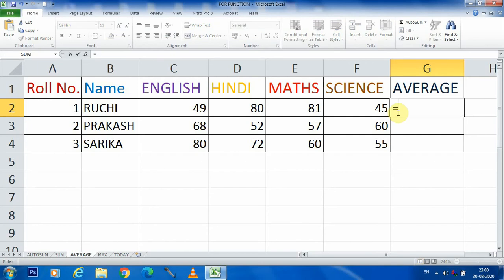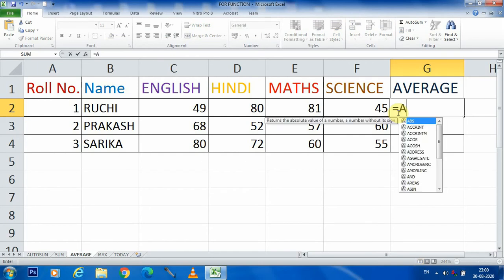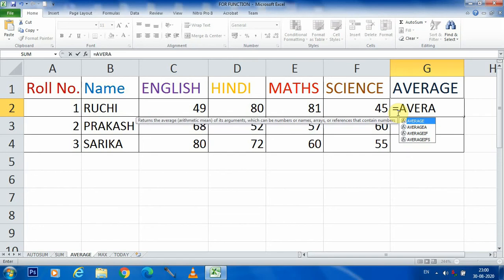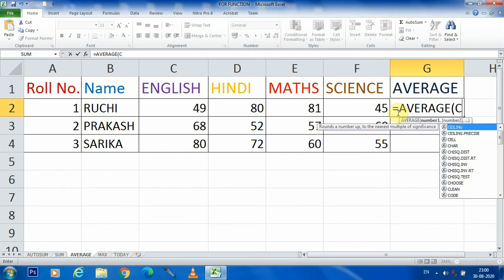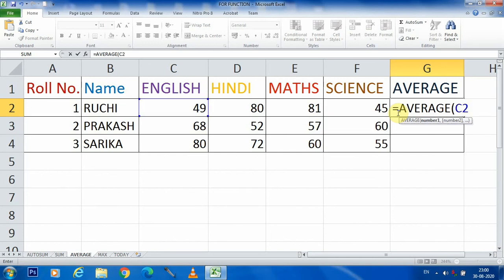So I am typing the function Average, and after that I am giving an opening parenthesis and the cell range. I am typing C2 colon F2. You can see here it is selected already.